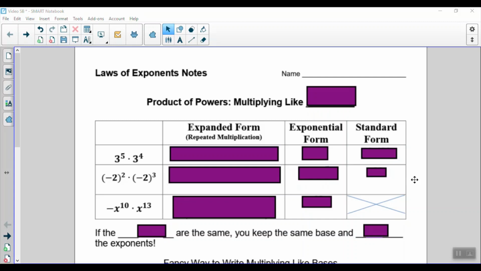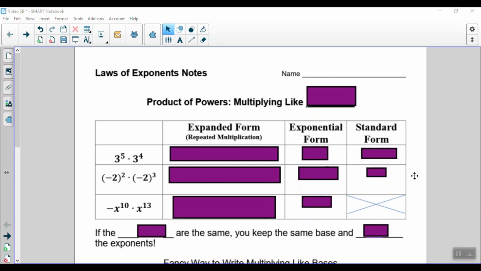Hey everyone, today we're going to start our notes on exponent rules. Exponent rules are something that you are going to have to know for algebra next year. They are not on the Math 8 SOL at the end of this year, but they're going to be really important for high school. So they're a little bit challenging,